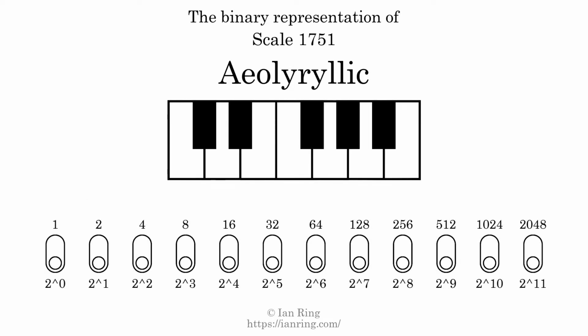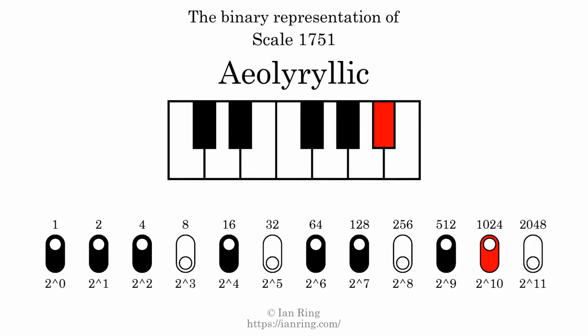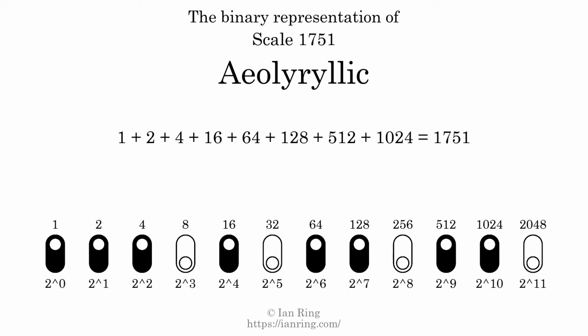The binary representation of this scale is determined by mapping tones of the scale to binary digits. Each binary digit represents a power of 2. To get the scale number, we add the powers of 2 together. The powers of 2 that are present in the scale, all added together, equals 1751. That is why the scale number, in decimal, is